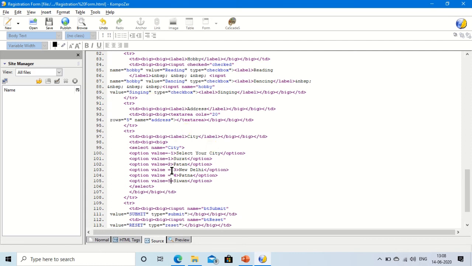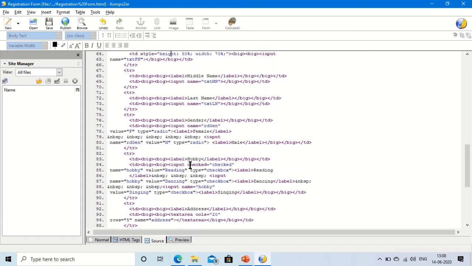So this thing we have to mention because we have not mentioned these values in the form when we created the form in the first lesson. So first you mention this, then come to the JavaScript code.